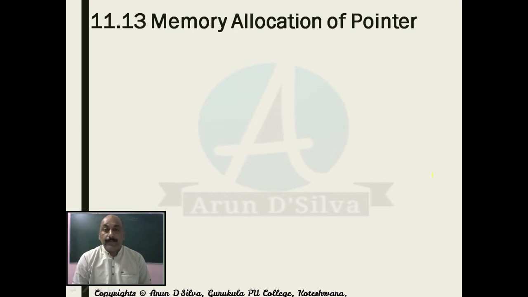Now the concept comes: when a program executes, how the memory will be allocated and how exactly the memory will be deallocated. Regarding this, that is what I am going to discuss in this session.